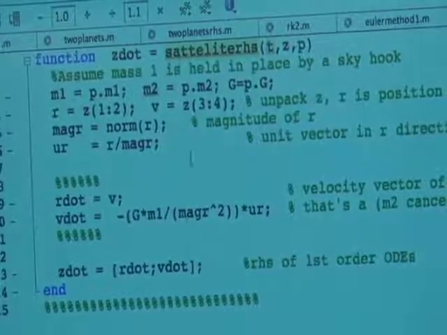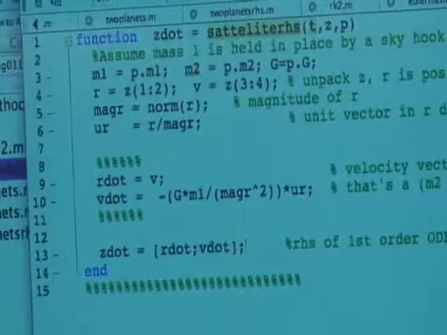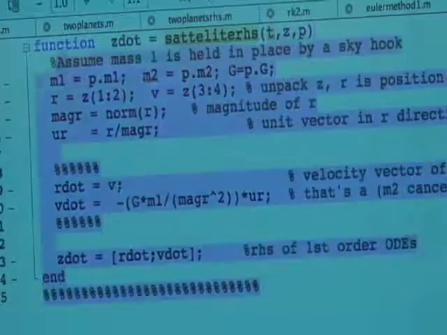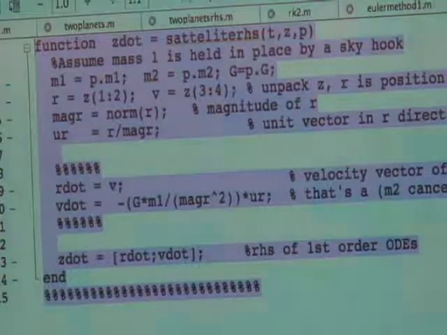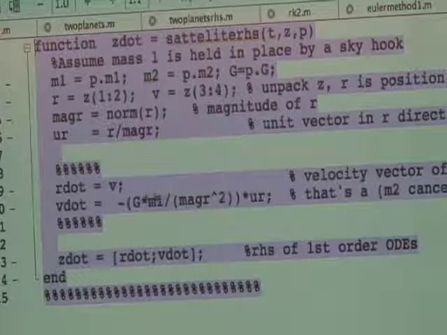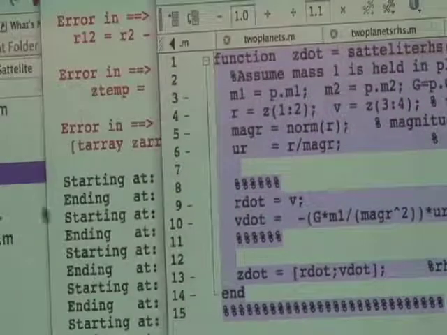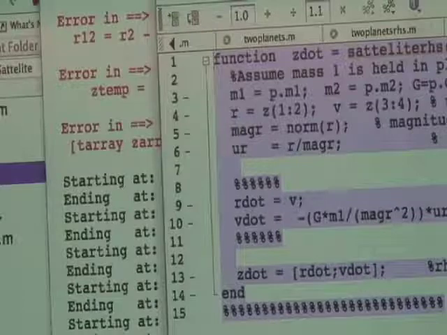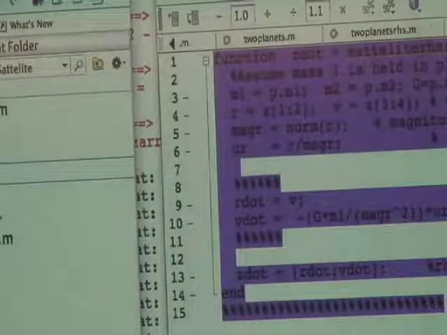Now what I've done here, differently than I did last time, and this is now about MATLAB, not about mechanics, is I put this in a separate file. So this is up here in some file called satellite right-hand side. Previously when I showed you this example, I put 3 different blocks of code in one file. Now I have it in 3 different files, and I'm going to show you those 3 different files.